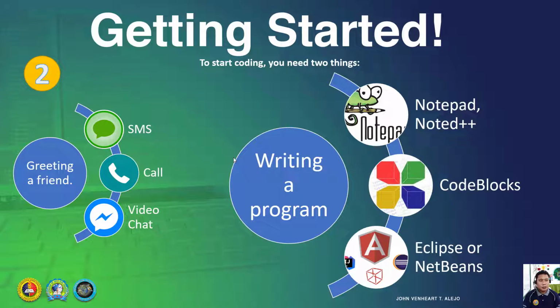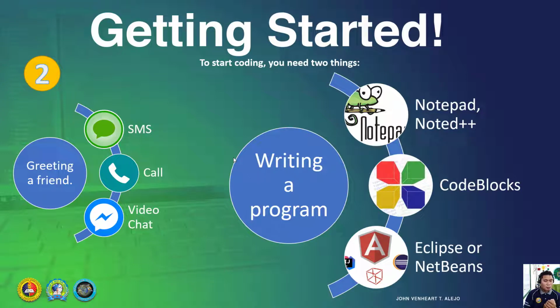So right now we have available IDEs, like on your cellphone, where you can click run. It is an example of an IDE, an integrated development environment, where you can write code and also compile or run your program. As a programmer, you no longer struggle just to run your program.